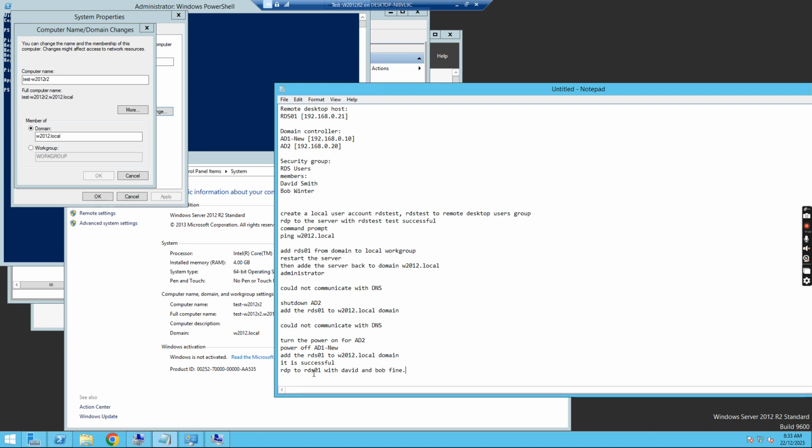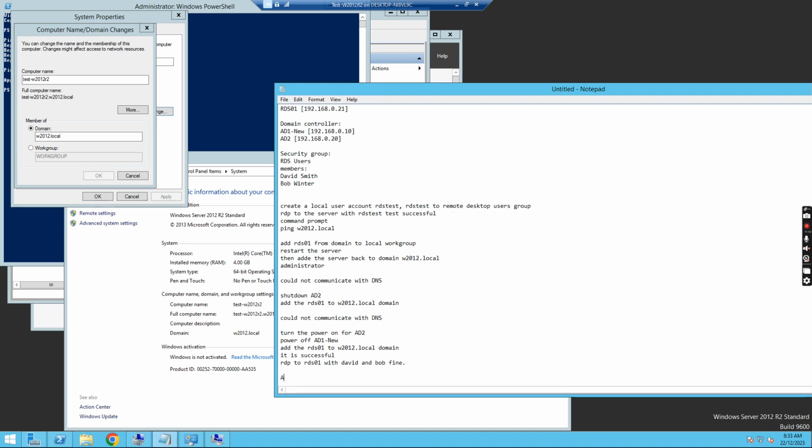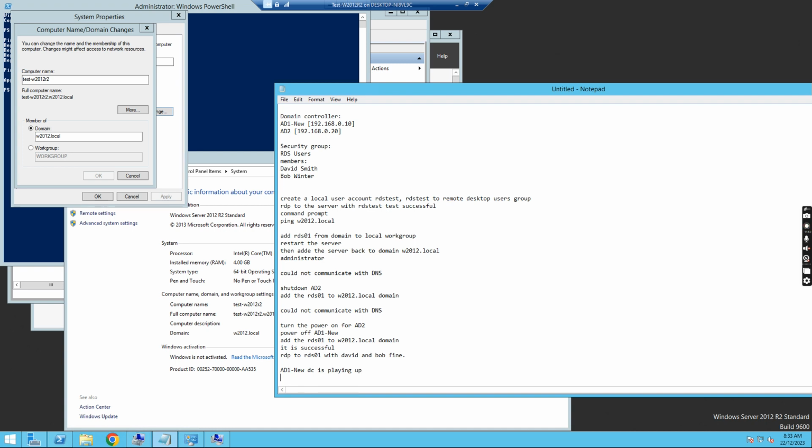And then we RDP to this RDS01 with the user to the server. It is successful as well. So after we do this, we know it's something to do with the AD1. Because there are two domain controllers, it seems when the user tries to RDP to the server, it tries to communicate with the AD1-0 domain controller, and because this domain controller is not healthy,